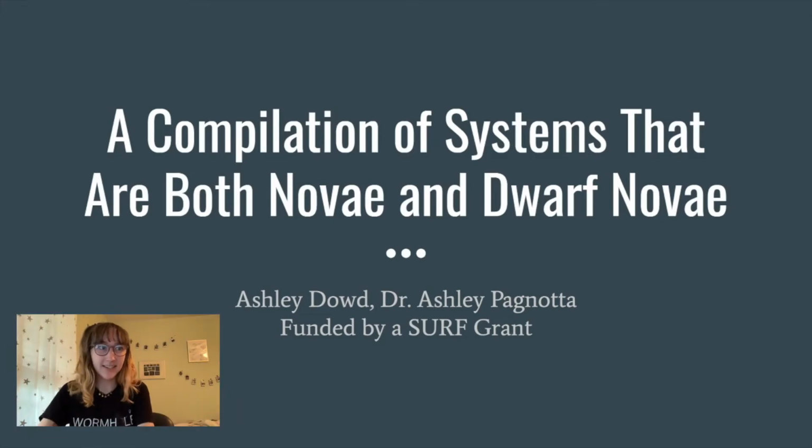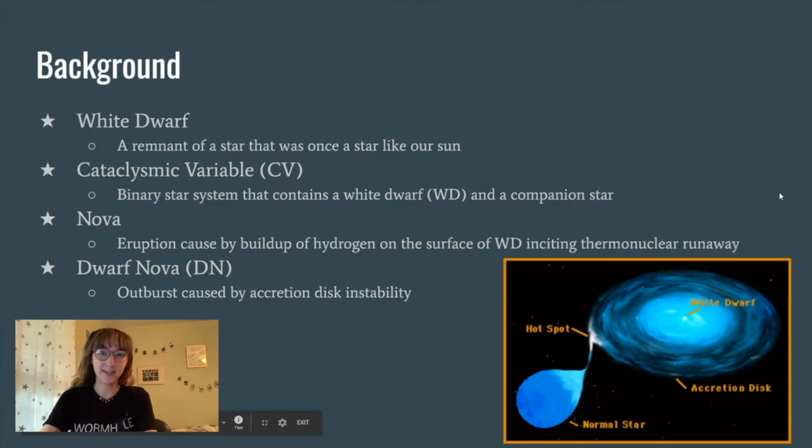Hi, my project this semester was a compilation of systems that are both Novae and Dwarf Novae. I am Ashley Dowd and my research advisor was Dr. Ashley Pagnotta. So some background, a white dwarf is a remnant of a star that was once like our sun,